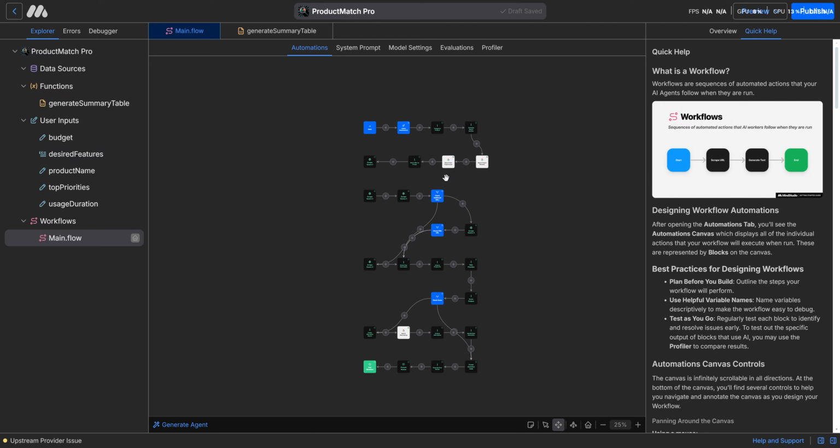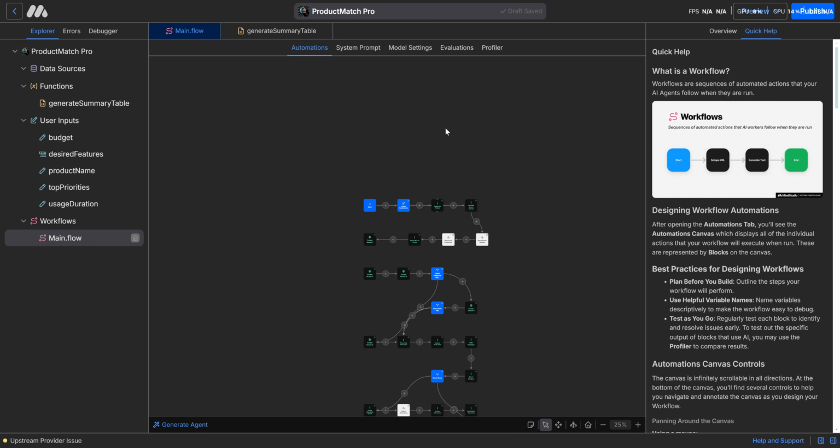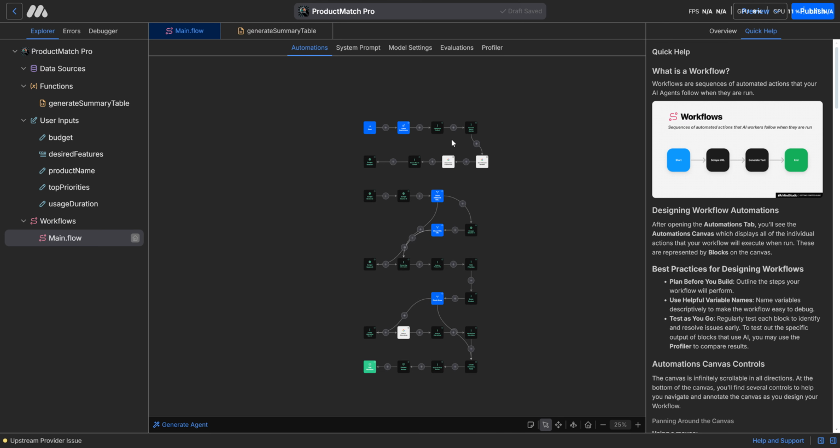Alright, so this is a new quick agent I made. It's honestly really not that complex. It may look complex, but it's actually not that complex. This was created by the MindStudio architect, but I will explain every step of this. I will actually go over how to use the architect in another video, but